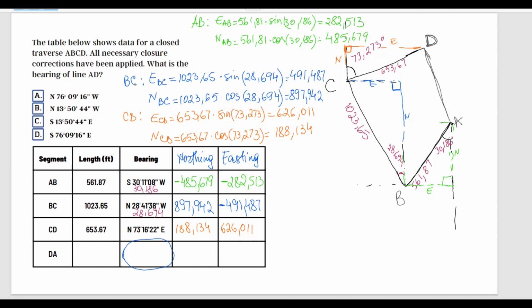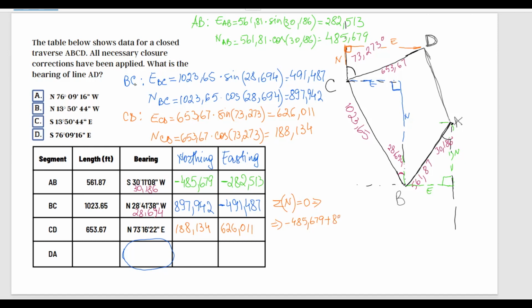And now, in order to calculate the northing and easting for line DA, we're going to have to use a property about northing and easting that we know. And it is the fact that for a closed traverse, the sum of latitudes is equal to 0, and the sum of departures is equal to 0. So let me write this down somewhere here. I'm going to say sum of northings equals 0. So from this property, I'm going to get minus 485.679